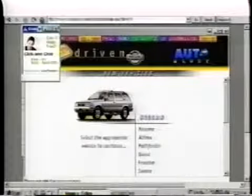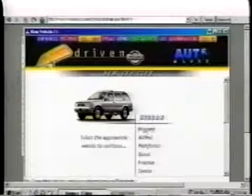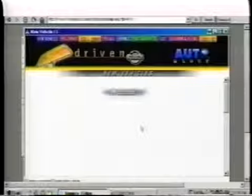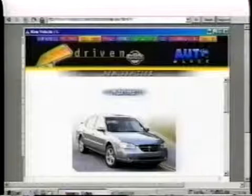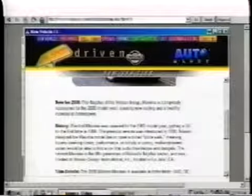Let's close that down. Okay. The one thing you notice as we go into and select a particular model, let's take a look at the Maxima. We click on Maxima. And as the screen comes up, you're going to see there's a picture of the car, but there is a lot of copy. One of the things we've recommended and things that we like to see is that they're bullet